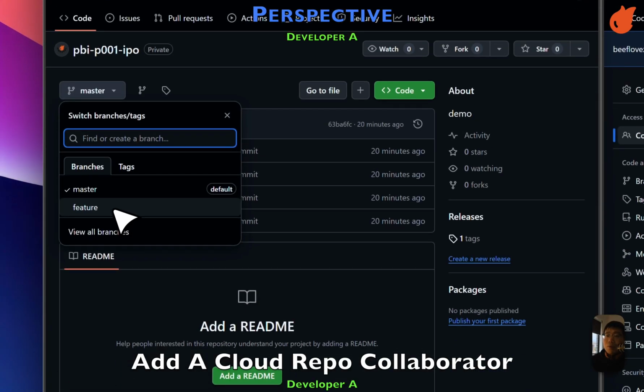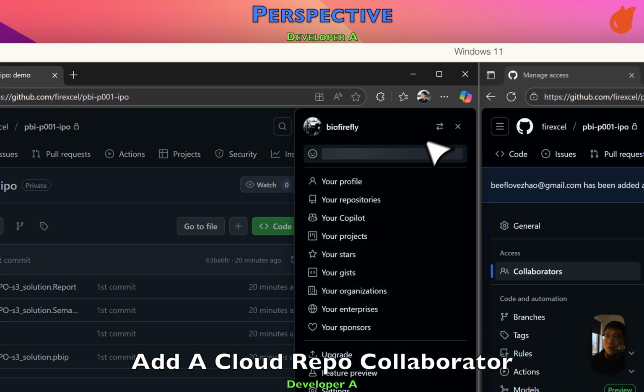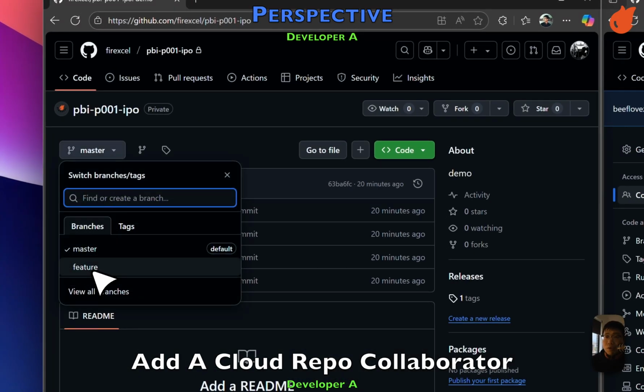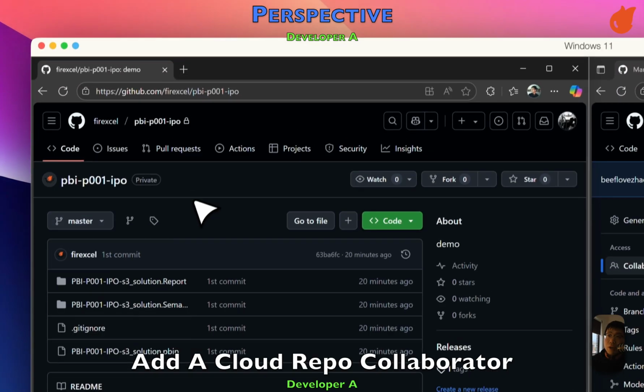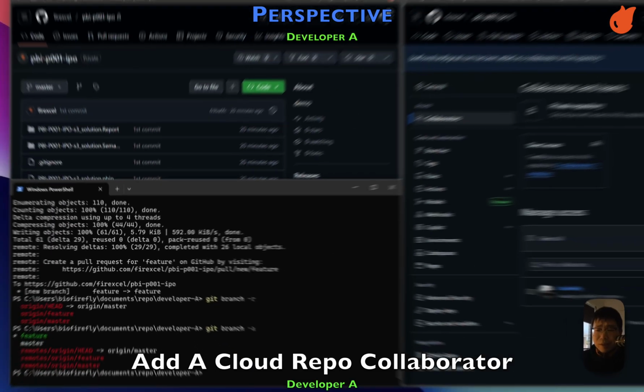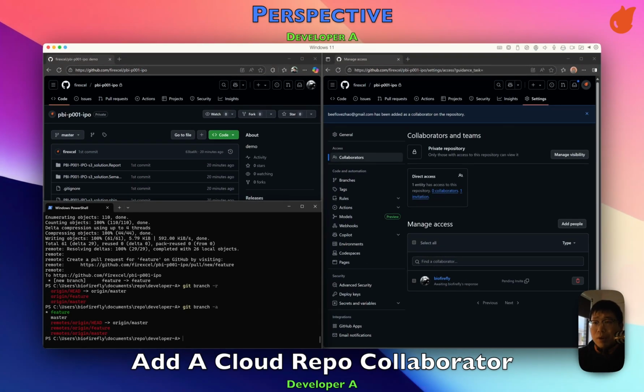So basically what will happen is developer A has developed a feature branch. He wants developer B, which is this one, to review the feature branch. If the feature is okay, we want to merge the feature back to the master, which is production, right? So let's head back to the PowerShell. Developer A has done his bit. Developer B's part is trying to